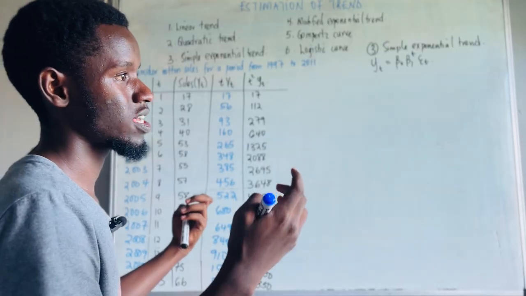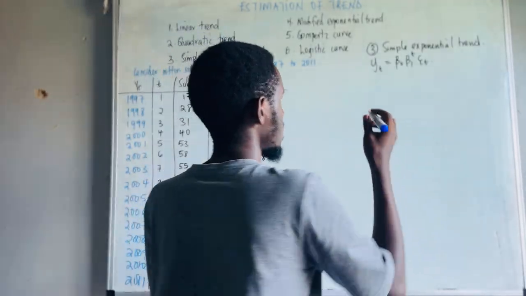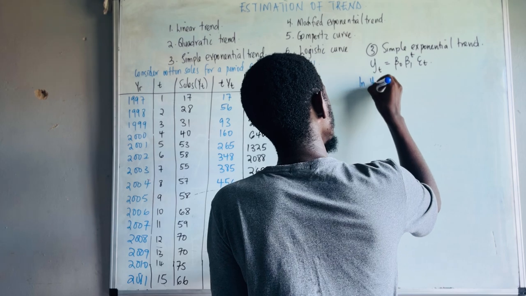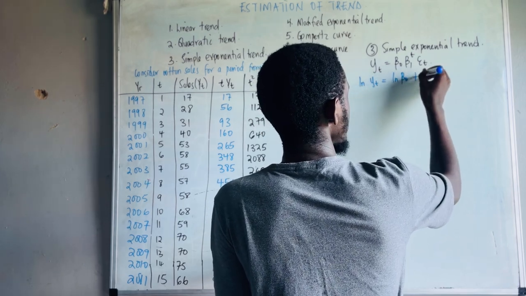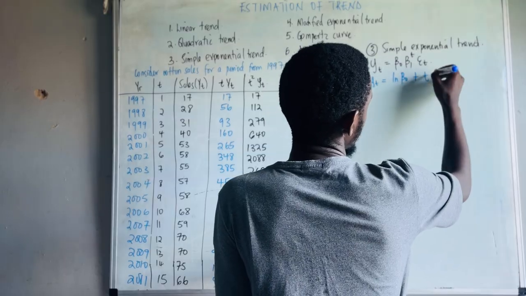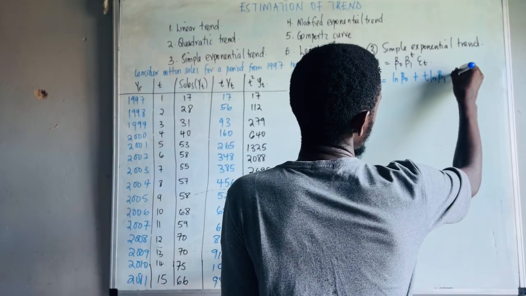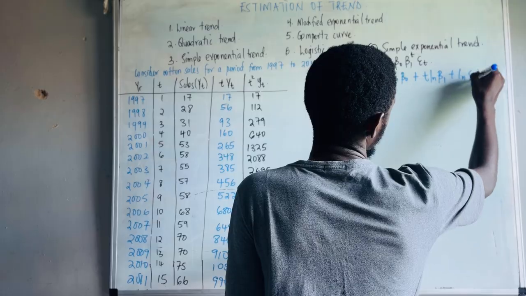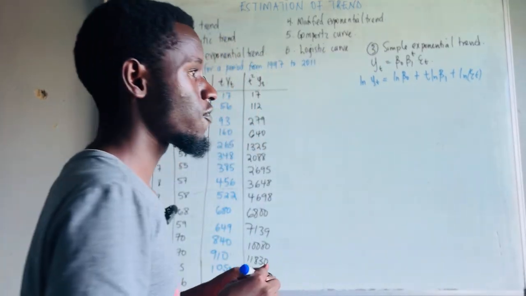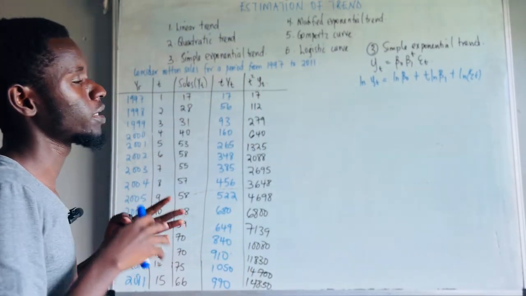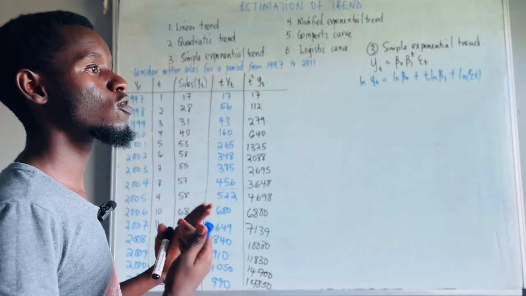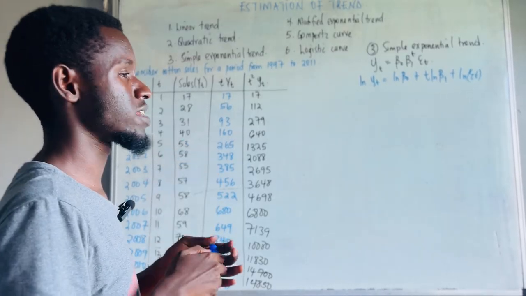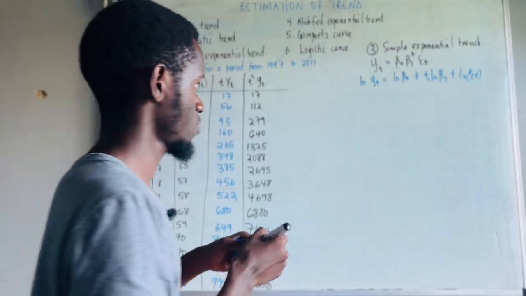Now, for us to solve this equation, natural log, but mean of beta naught plus now the one then plus, like that. And therefore, for us to estimate the beta naught and beta one,